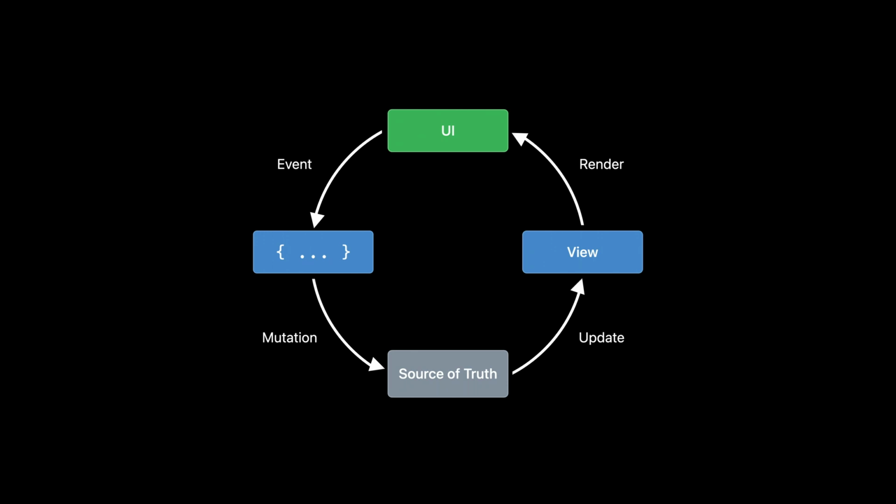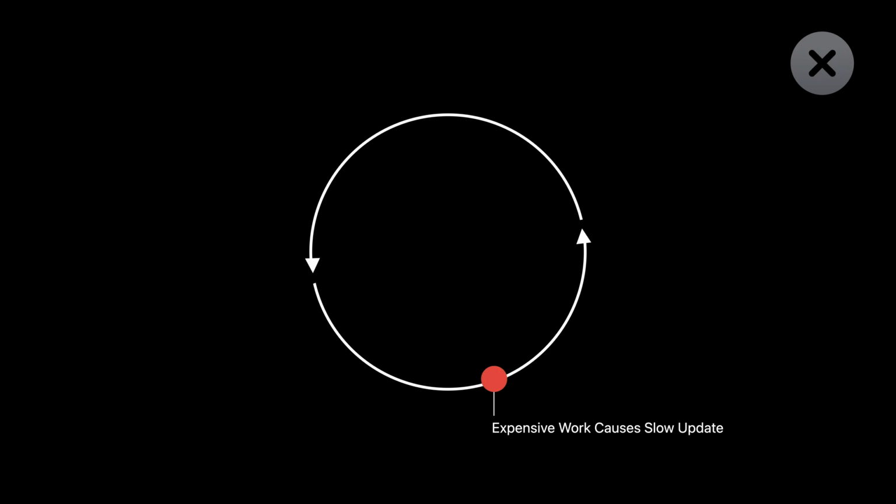For now, let's simplify it. And a little bit more. Much better. As the name implies, this lifecycle is a cycle. It keeps repeating many times while your app is running. This cycle is also really important for performance. And ideally, the cycle carries on smoothly, like this. But if there's expensive blocking work at any of these points, the performance of your app will suffer. We call this a slow update. It means you might drop frames or your app might hang.